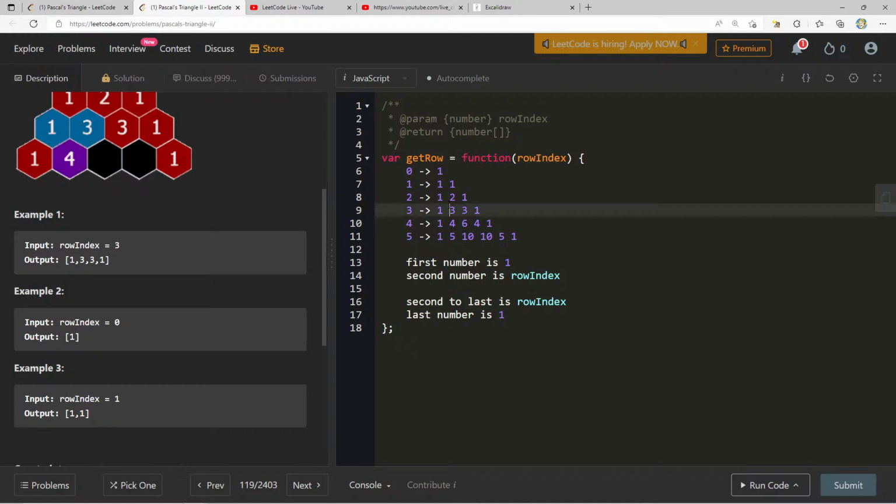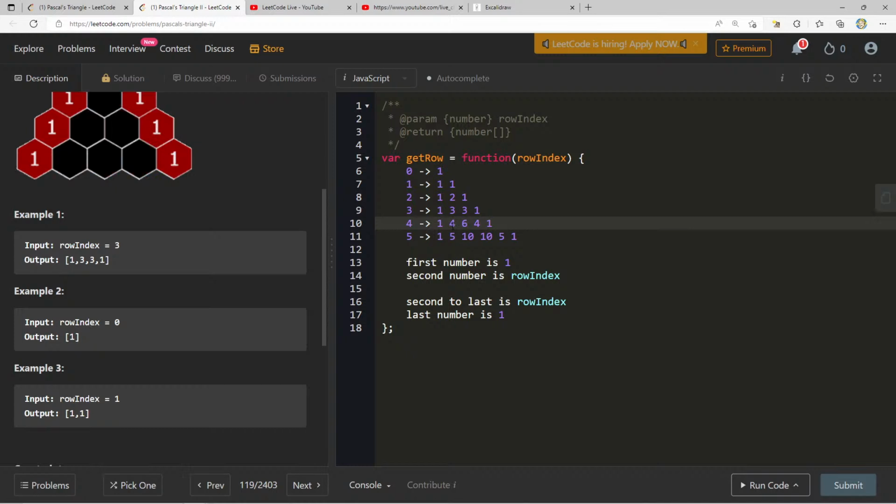What I mean is this is 1, 3, 6. So it's 1, and then here we do 1 plus 2, and then when it's 4, do we just do row index minus 1 plus row index? No, we do,